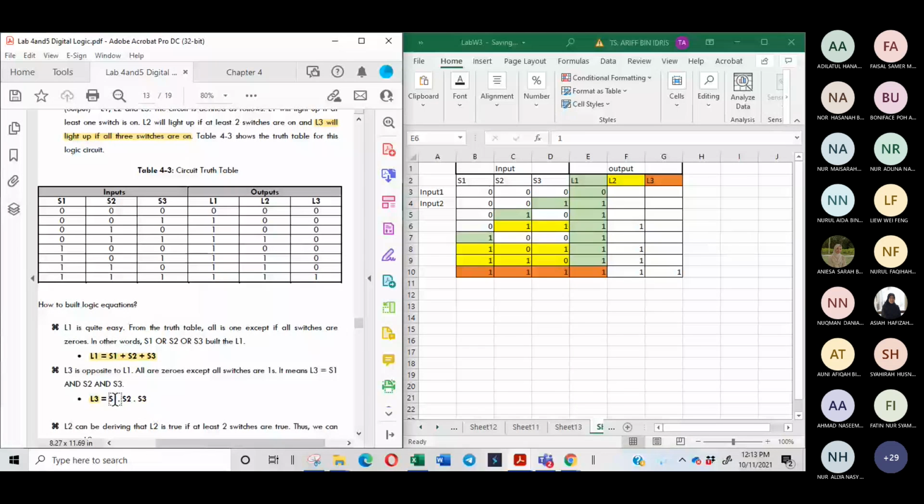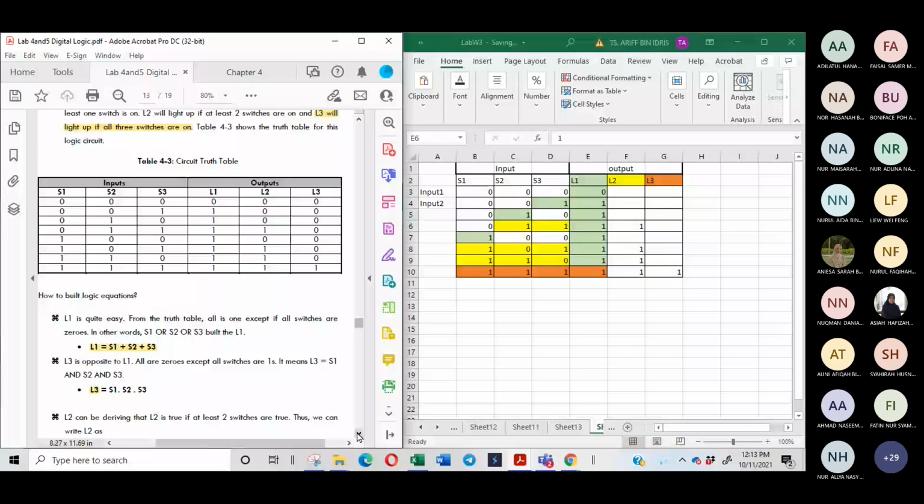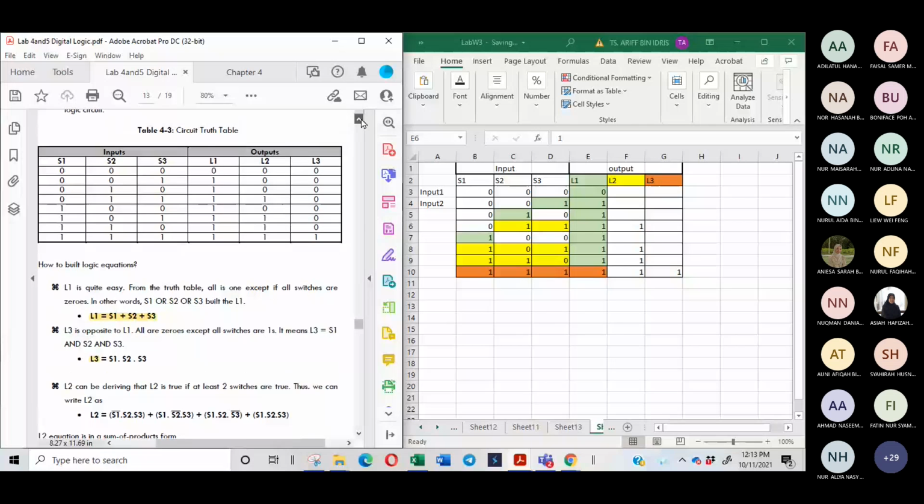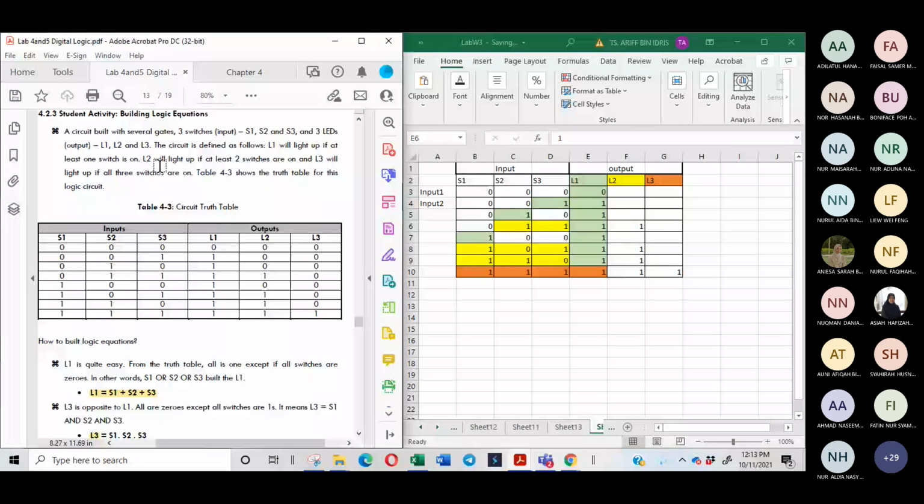Are you clear, class? Yes. And for L2, it can be derived. L2 has its condition as well. This one we remove. L2 will light up if at least two switches are on, if any two of the switches are on. Therefore, you can use this